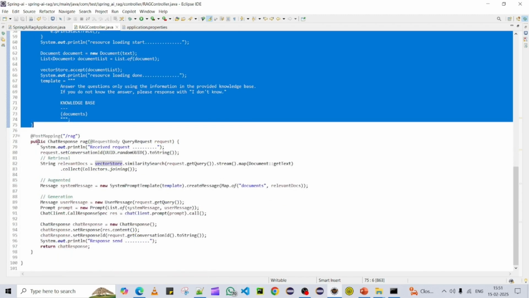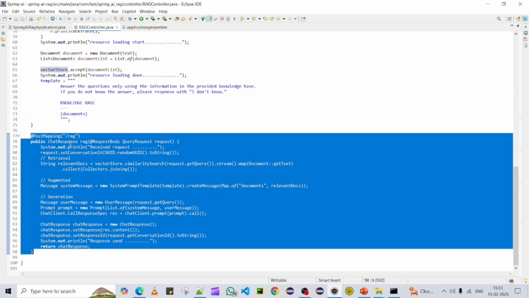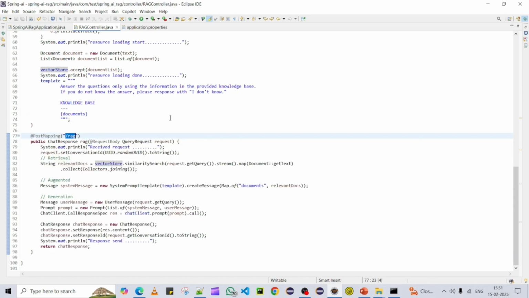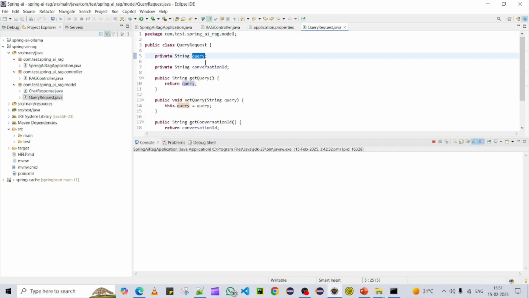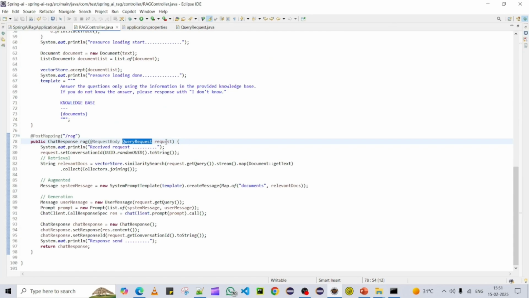So the next method is post mapping, a simple RAG URL mapping I mentioned over here, and then we are taking a user query or query request, one of the models I have created. So it's having a query. Let me show you the query request. So this is the query we are expecting from the user, and that query we are reading and sending into the vector database or vector store with a similarity query, and also we are trying to get the response from the vector store,